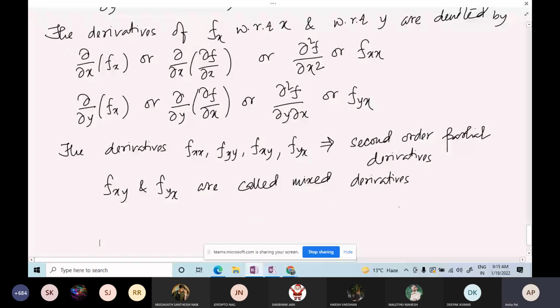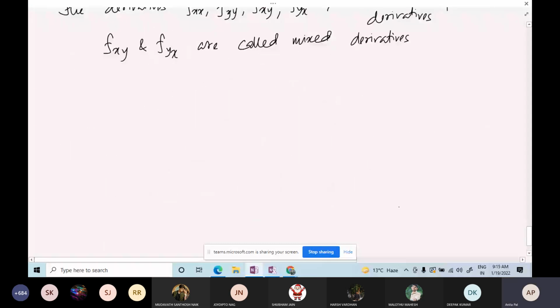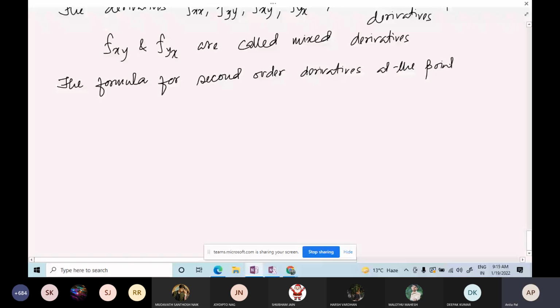Now, the formula for second order derivatives at the point (a, b). The formula is written like this: